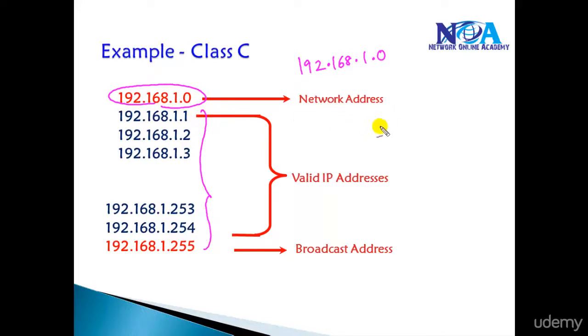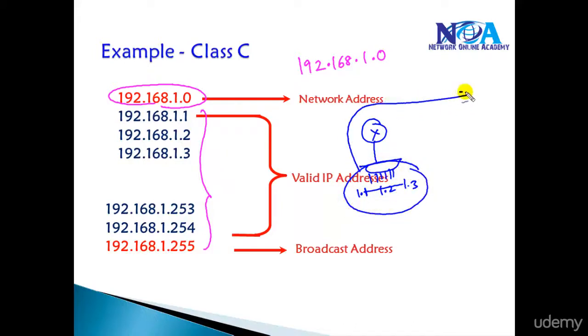Now typically when we get into some routing concepts, you need to tell what network we are using here. We are not going to tell that we are using 192.168.1.1, 1.2, 1.3 like that, but instead we are going to represent the complete network with one address, and we need to tell the other devices that I'm using the 192.168.1 network. So the first IP address of the range will be referred to as a network address, which represents a complete network. And this address we cannot assign to any device in the network.